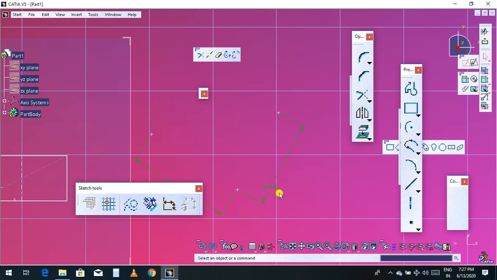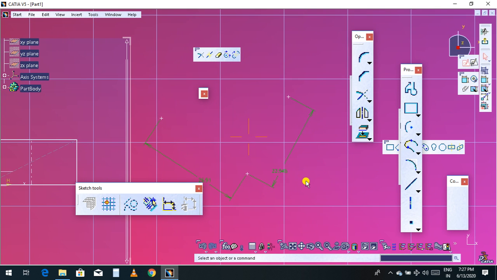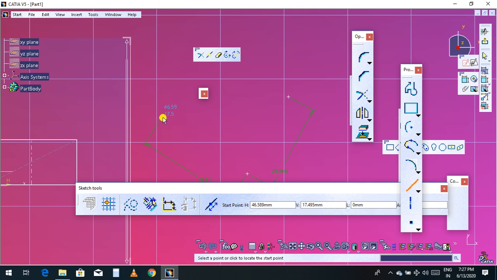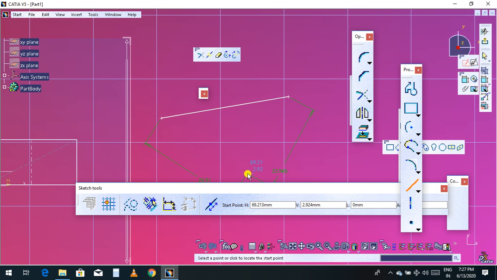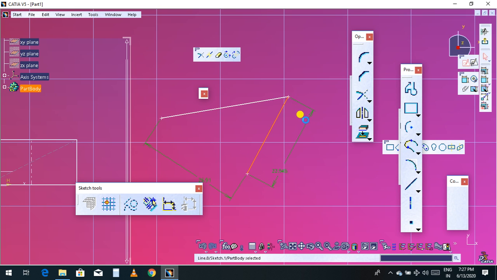So this is the point type based on the required distance, how much you want. Then you can choose a line and connect one point to another point also. So this is used to connect the line and to measure the point of any coordinate, any plane.